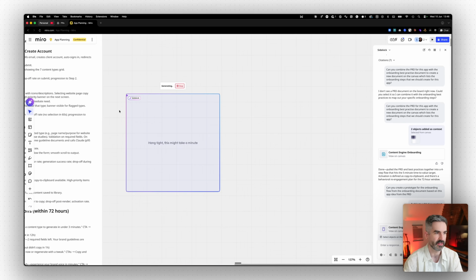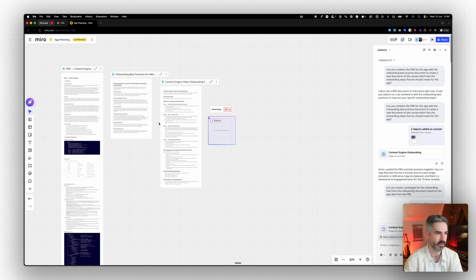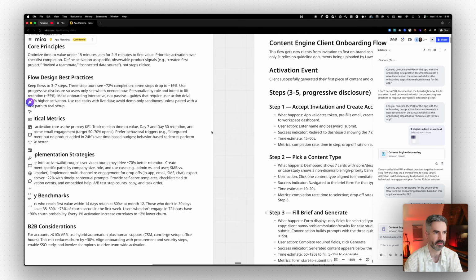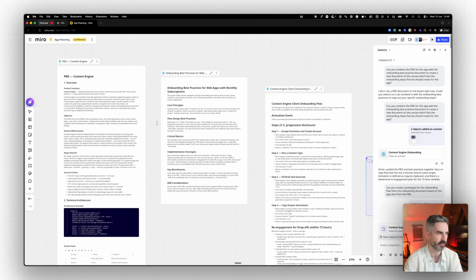Now, whilst this is happening here, what I can do is come back to some of this stuff, read some of the documents, and leave some comments on things. And this is where the team collaboration element comes into play, because this context now lives in this Miro canvas and can be shared with all of our team members, and they can use this context with their AI agent just by connecting the Miro MCP to their AI agent tool, so that everyone has the exact same